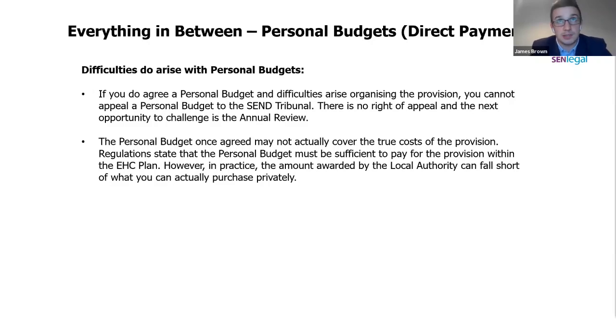So, for example, a classic example is one-to-one support. You may have to go out and fund the one-to-one support yourself, and that's what you might want to do. However, your local authority may have given you a sum of money on the basis that you're getting a teaching assistant on the bottom end of the pay scale, for example. But actually, you need a teaching assistant with more experience of working with SEN children, and they're towards the top of the pay scale. So therefore, you may have a shortfall of £3,000, for example,